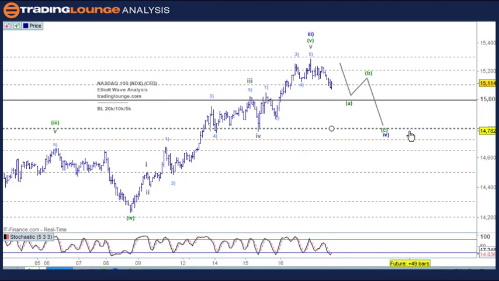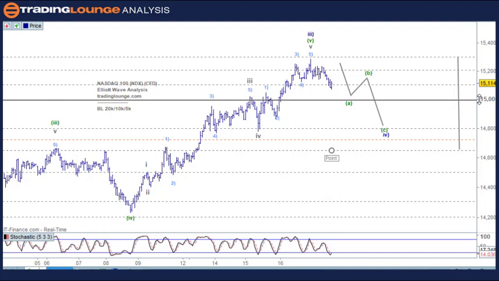This is the Nasdaq here. I don't need to rinse and repeat. The same situation here is that we can have an A and a B and a C here. This is, as I would have mentioned coming up here, a medium level here, and this is group 1 and this is group 2. So that's the swing range. Before we even got here, I would have said that this would be the swing range